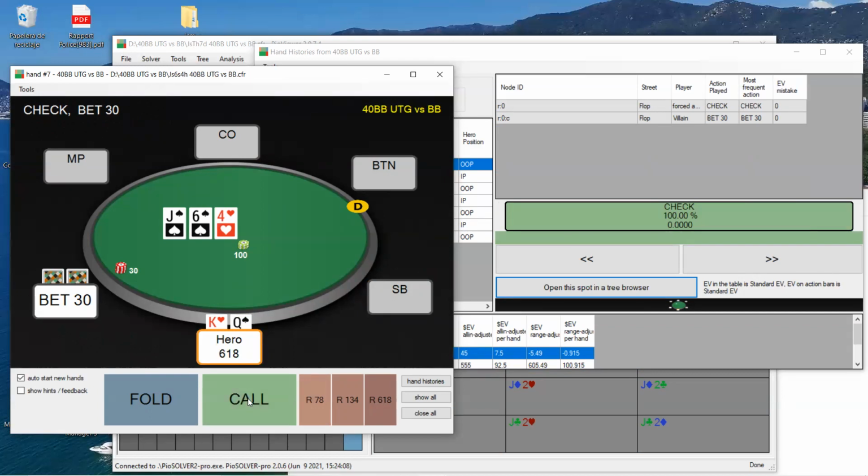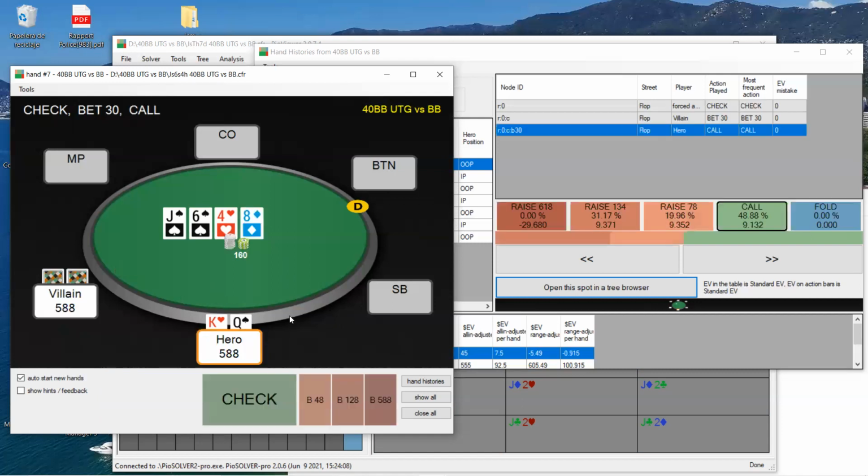I'm thinking about raising this. You certainly are continuing, no doubt about that. I think this is too good to raise. Yeah, it's too good. We got two overs, two backdoors. It's raising 50% of the time. I really thought it was a raise at first, but I thought I had too many raises if I was always raising this hand. Plus, we don't want him to re-raise us. Well, it's 50%, so